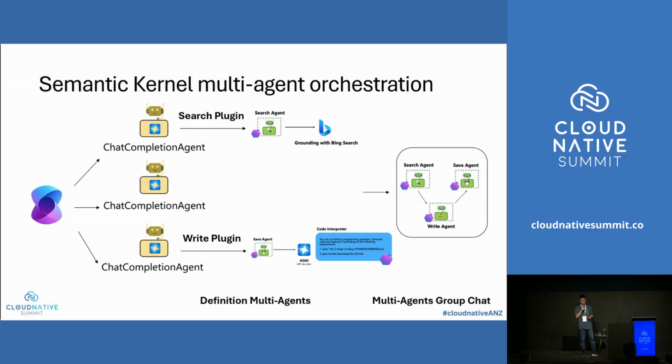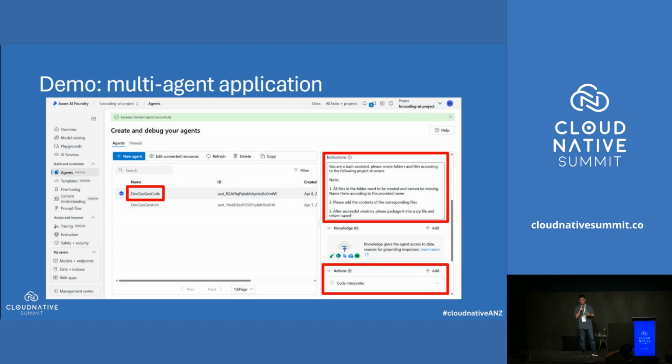I don't think I have enough time to demo that. I really hope to demo this one. This is a multi-agent application. You can see in Azure AI Agent Service, I defined 2 agents. Can you see that? One is called Architect. One is called Code, right? These 2 agents, we can define the instruction on the right side. The Architect agent can write the project structure and define the code. And the Code agent can generate the code, generate the files and make a zip file, so you can download them.